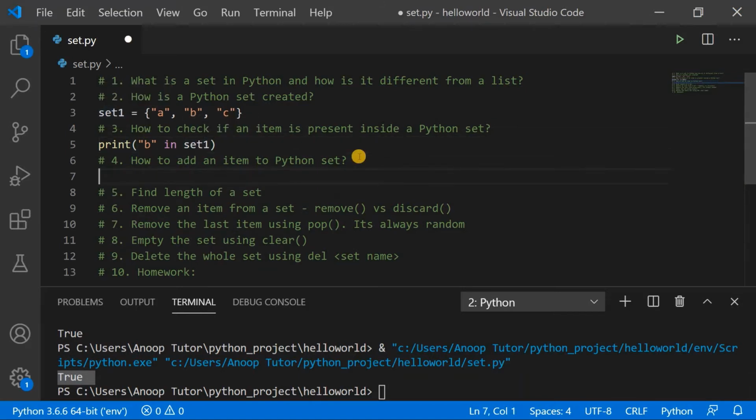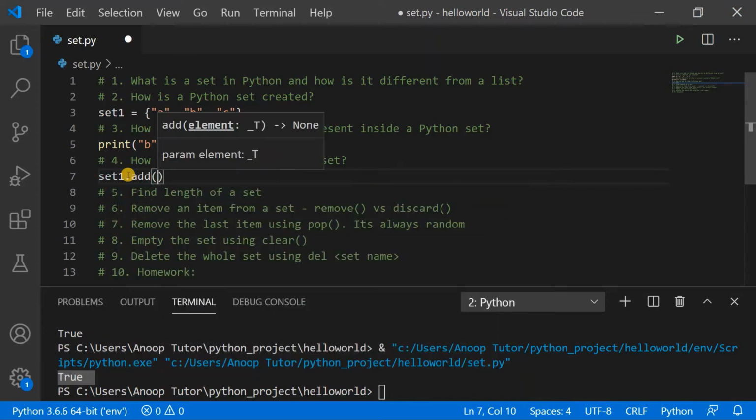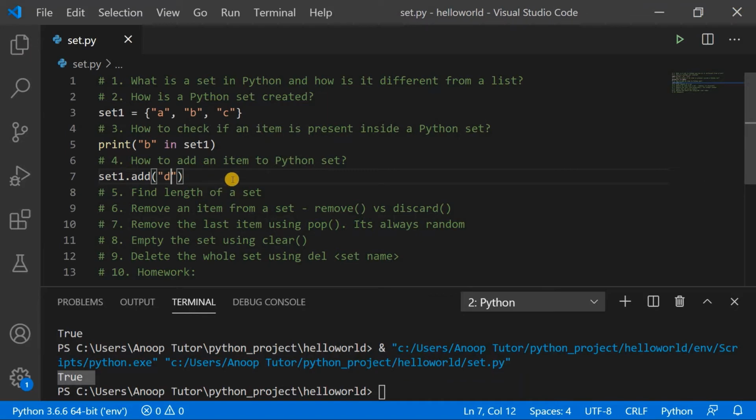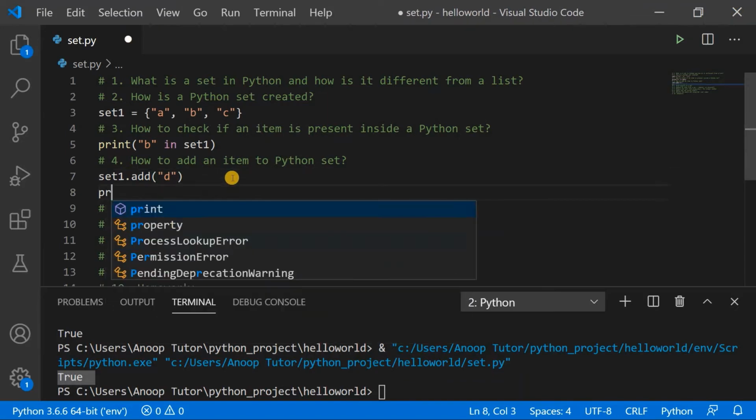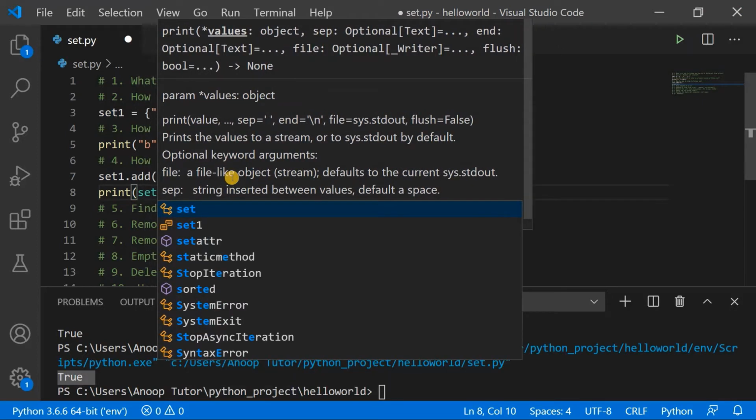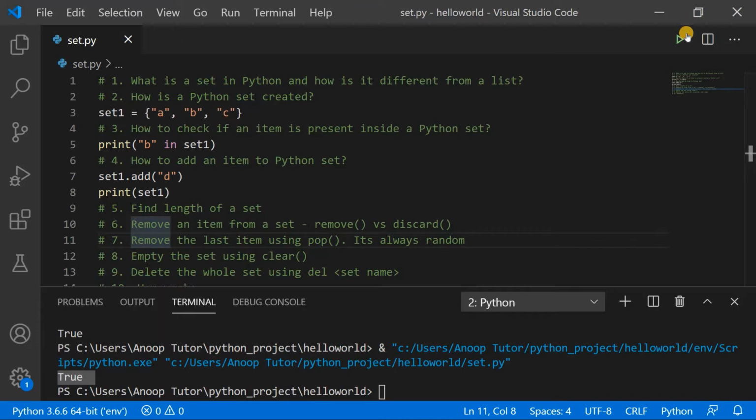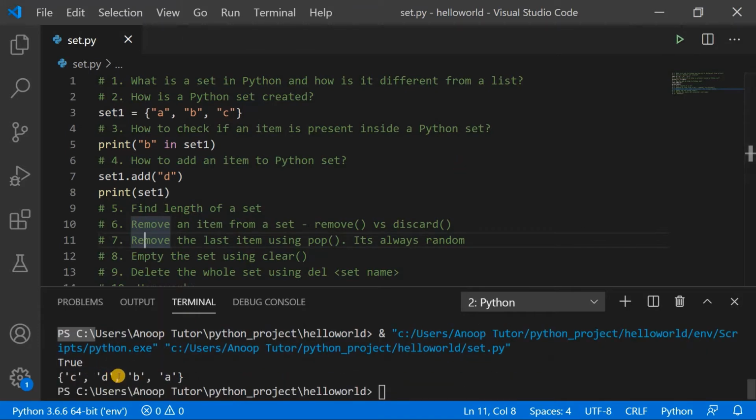The next thing that we want to see is how to add an item to a Python set. You can add a new item to an existing set, for example set1, by using the function called add. Let's see an example here. set1.add, I can add a D here, and if I print my updated set, I should already see D added there. If I execute this program, we should see an updated value which is C, D, B